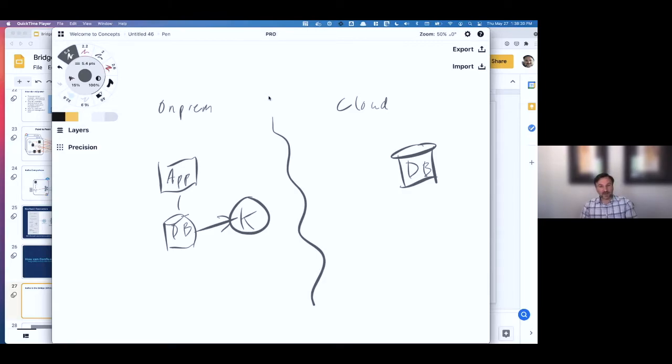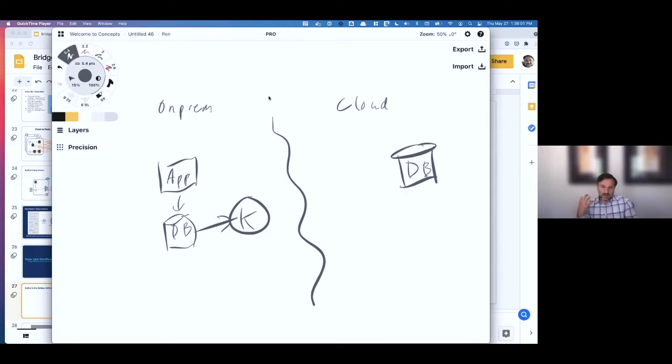So we have a Connect framework with over 120 different connectors, and you can say, hey, plug in this specific connector, Kafka, grab the data from the database, and Kafka will store a copy for you inside of it, and you get to choose how long you want that copy to be in there. Okay, so at this point, great. We still have our application, we still have our database, nothing's been disrupted, and now we have a copy in Kafka. So what can we do with it at that point?